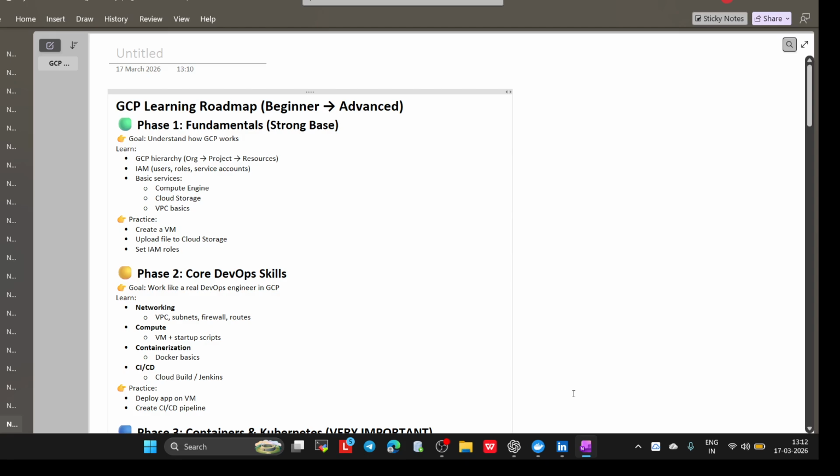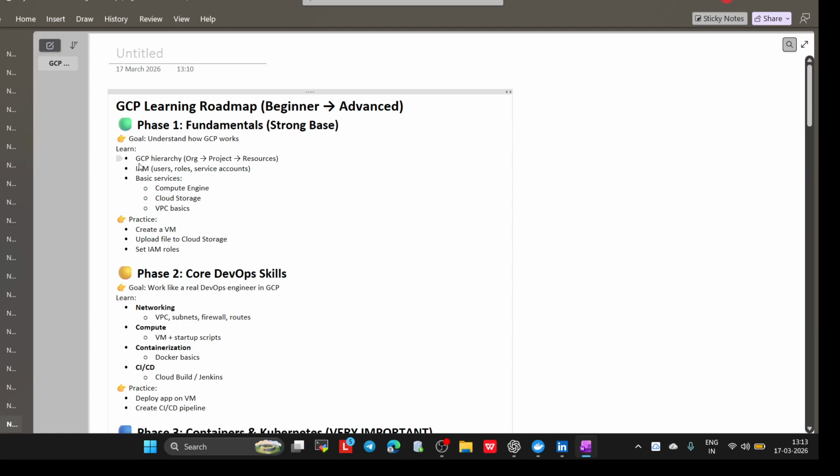I already have started AWS and I have been teaching many things, but I'm going to share the roadmap for GCP. So first, without any further delay, start with fundamentals. Fundamentals should be a strong base. You have to understand how GCP works. Just like AWS has a hierarchy, the GCP hierarchy is first organization, then project, and then resource, the same thing we follow in Bitbucket if you remember.